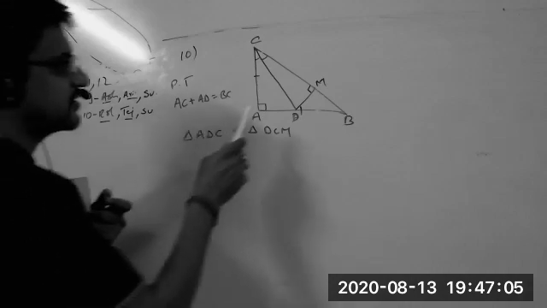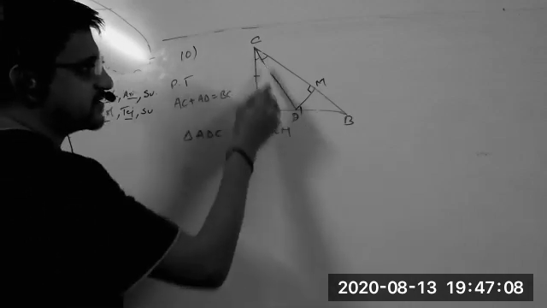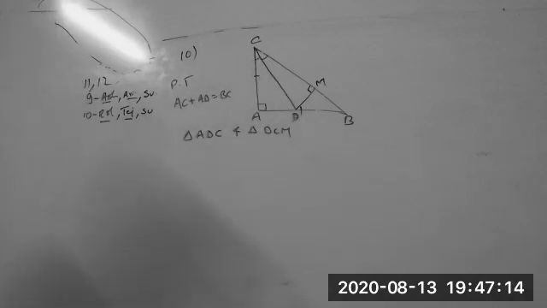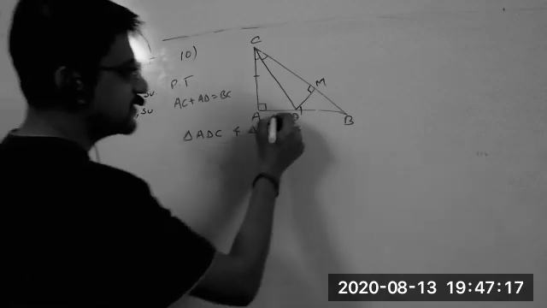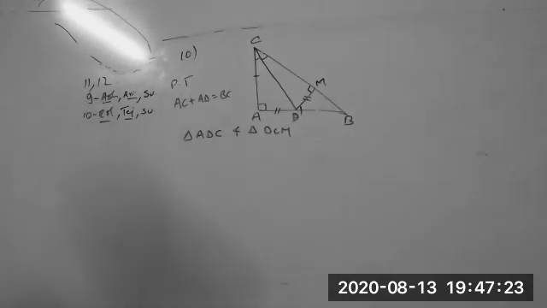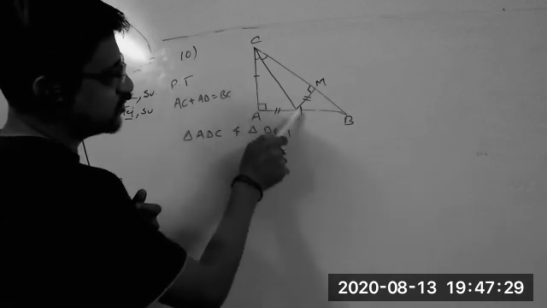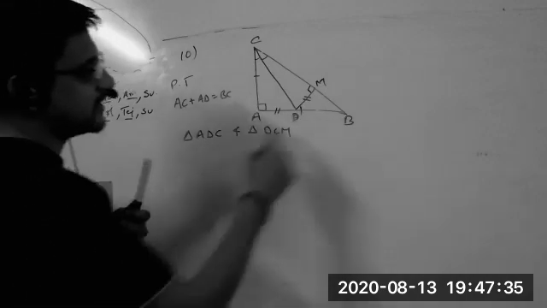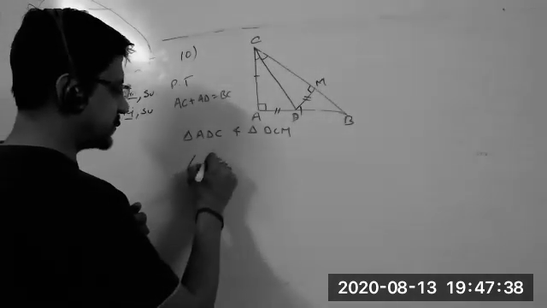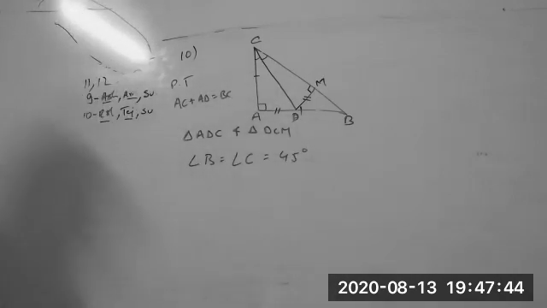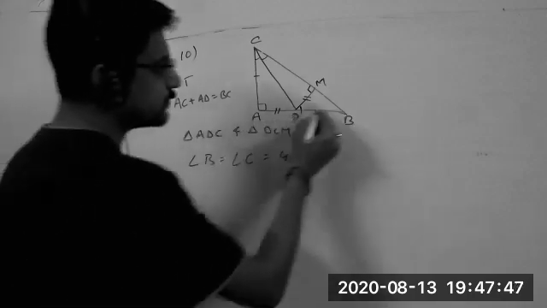Yes, it is congruent. This is 90, this is 90. This is common. And this angle is equal to this angle. Therefore, both triangles are congruent by AAS. That means this is equal to this. Now, this is 90 degrees and AC and AB are equal, isn't it? We can say that angle B is equal to angle C, that is 45 degrees. Can we say that? Very good. So this is 45.